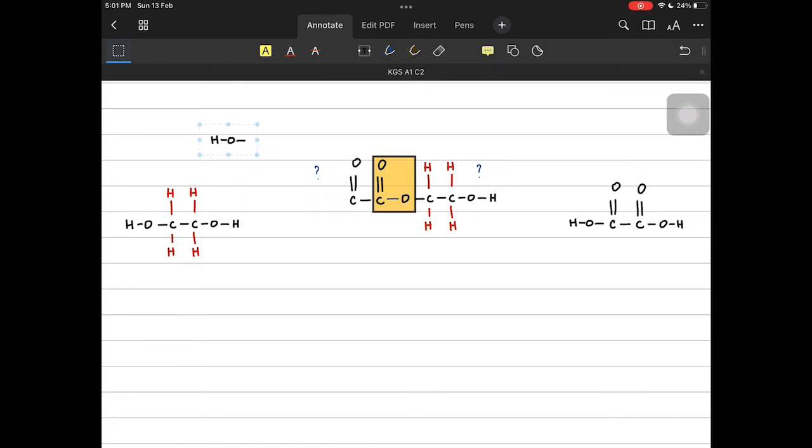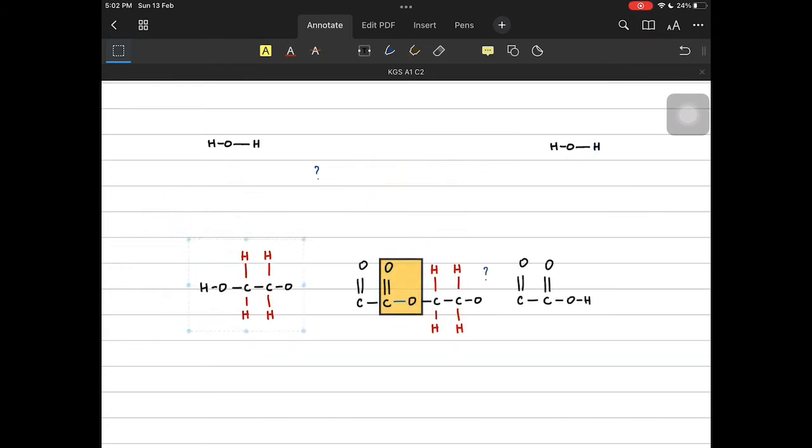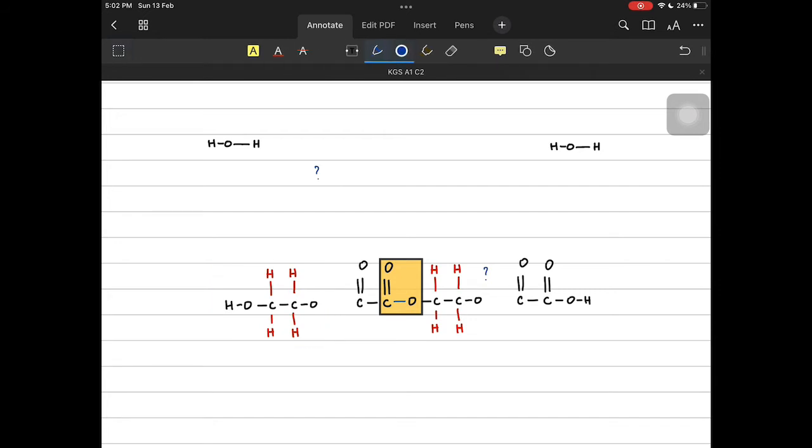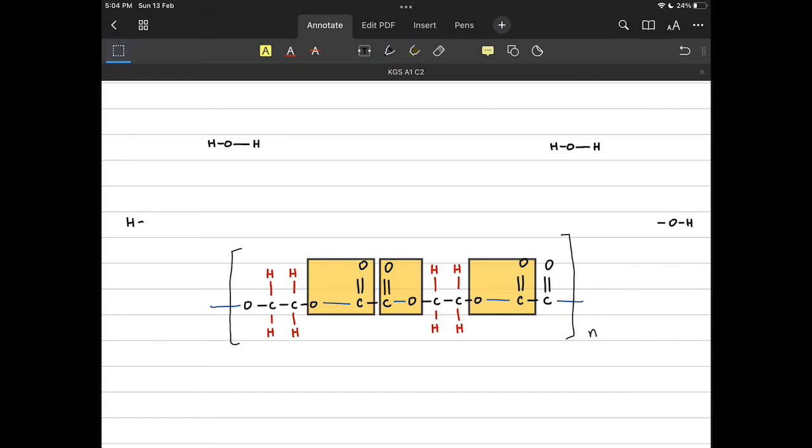There can be more ester linkages made when the carboxylic acid part lets go of the OH and the alcoholic part lets go of the H. So the OH and H combine to make water, and then these molecules join together to make even more ester linkages and they combine with each other. There can be infinite reactions going on. That's why it's a polymer of the condensation polymerization, and it goes on for infinity. So we put a small n in the corner. It's a kind of a polyester, you know. Now identify the ester